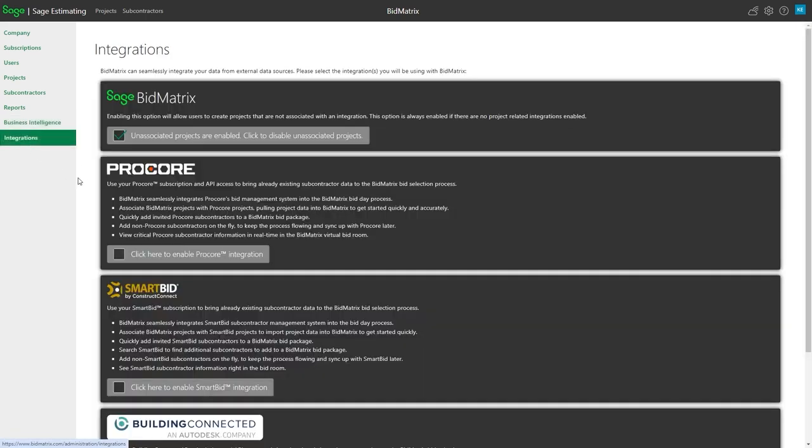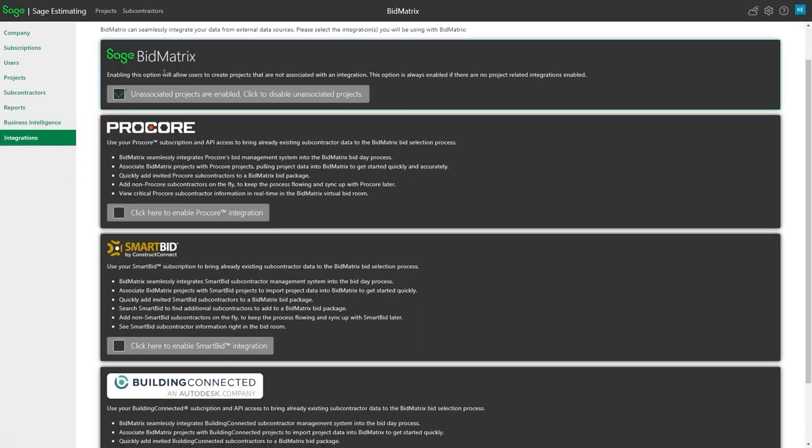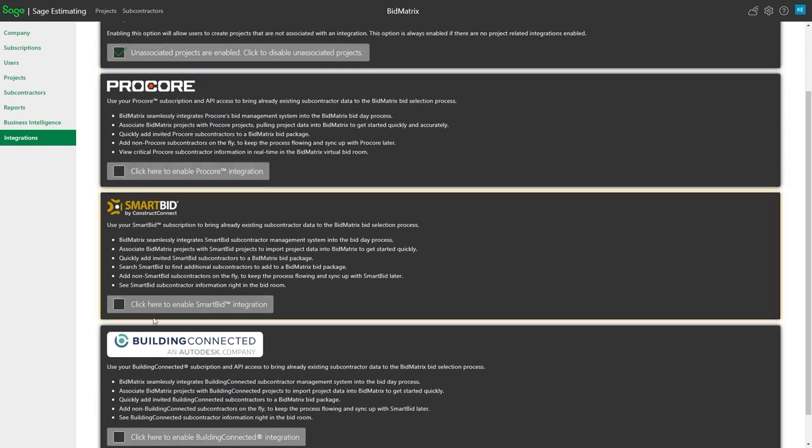As far as integrations go, BidMetrics data itself, that's going to be all your default. If you've got Procore, SmartBid, BuildingConnected, and so forth, these are other products that you can actually check the box, put in your sign-in credentials and things of that nature. And this actually allows it to synchronize and share data from some of these other products. So some of it could be like subcontractor list and sharing the attributes on subcontractors, or it might be sharing maybe a project and some of the bidders associated with that project and some of those type of things, depending on the product and so forth. And this is where you kind of get that started also.